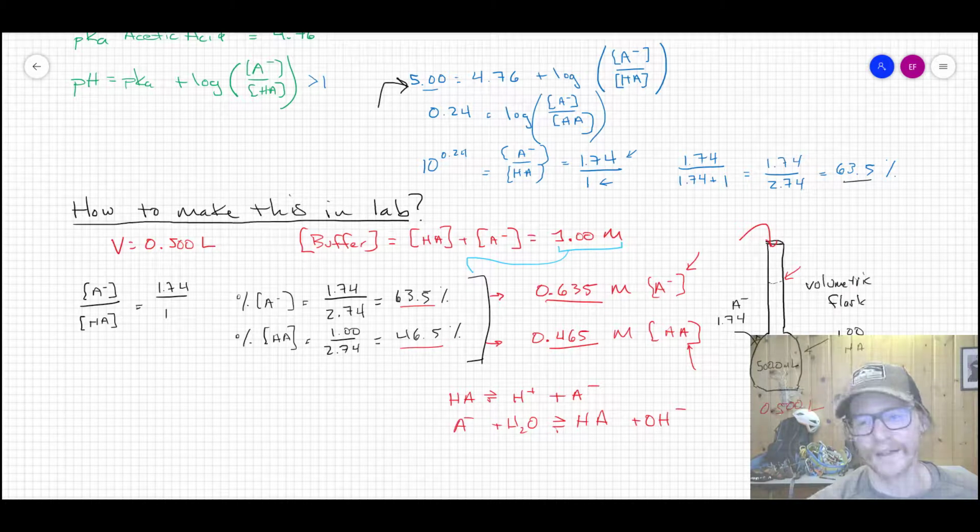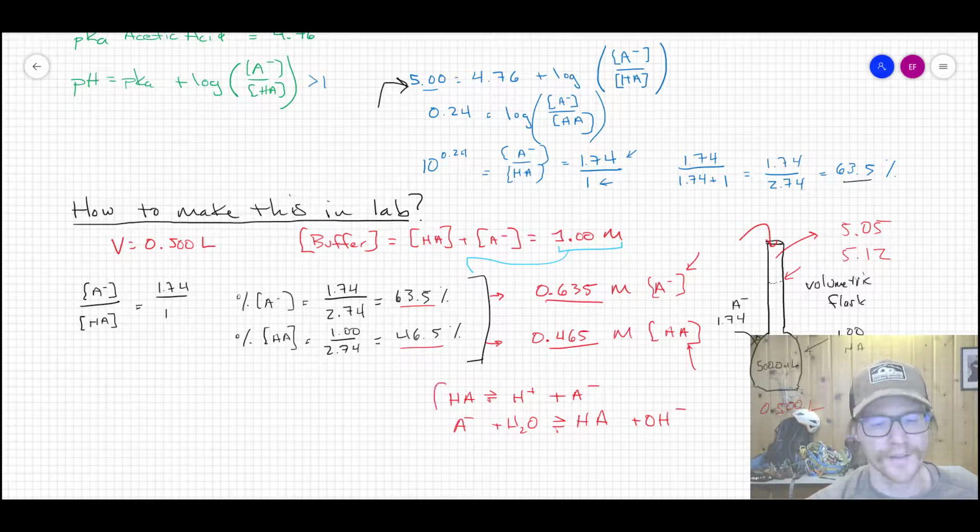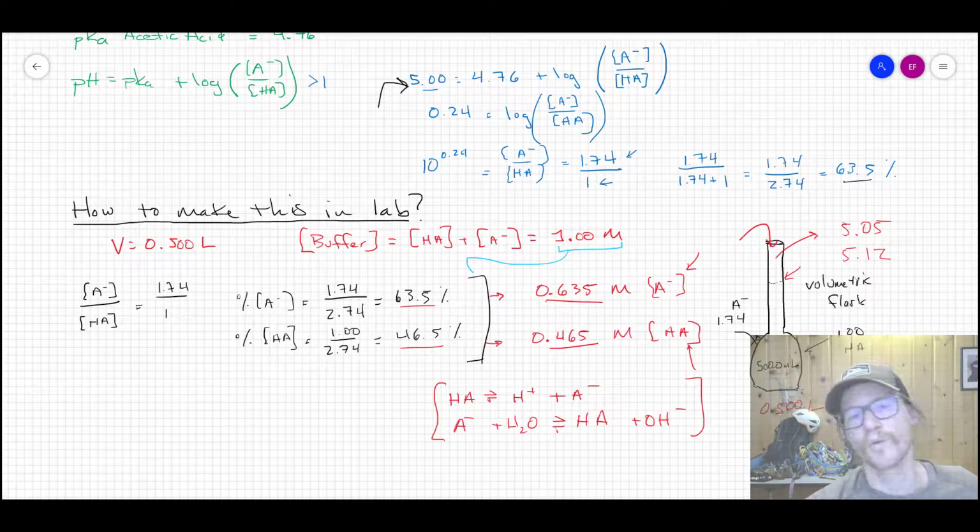And so you may put your pH meter in here and you get something like 5.05 or 5.12, and it's slightly off. And that can be for many reasons, experimentally and error-wise, but at the same time, it's also from the fact that we're assuming when we mix these things together that they're not going to change at all, that they're not part of their own equilibria, which they are. But either way, this is the standard way,